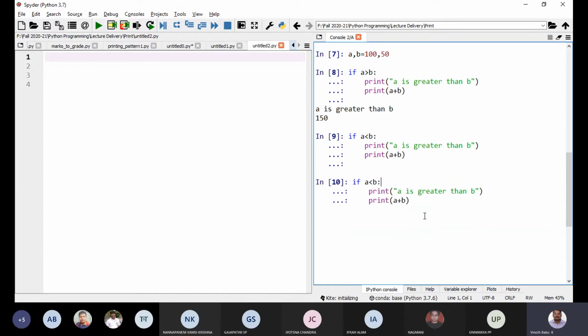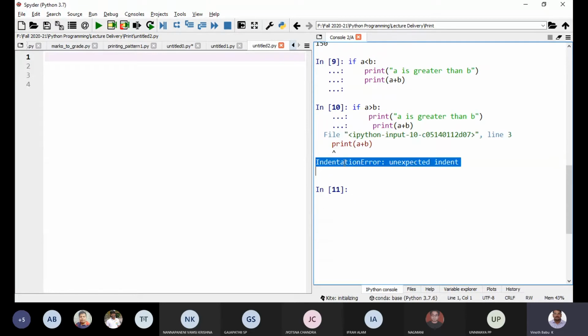Another thing where most of the students make mistakes is in this indentation. Suppose I have a different indentation for the second line. The first line and second line don't have the same indentation. You can notice I'm getting an indentation error, unexpected indent.